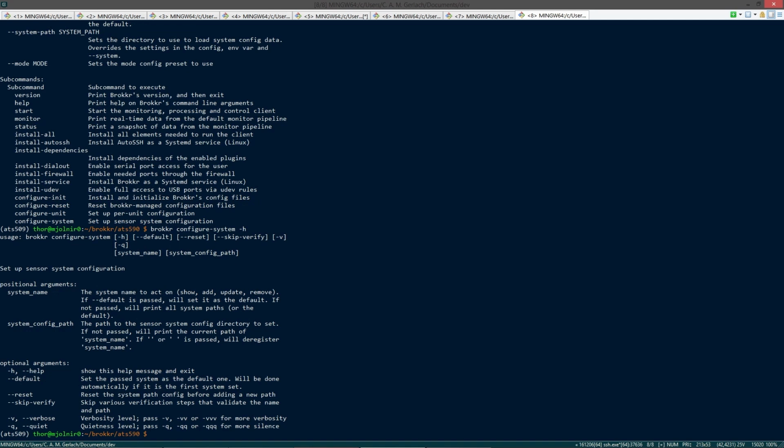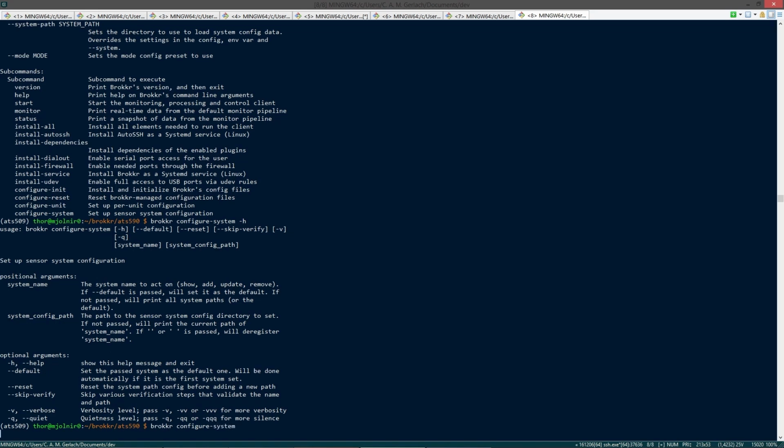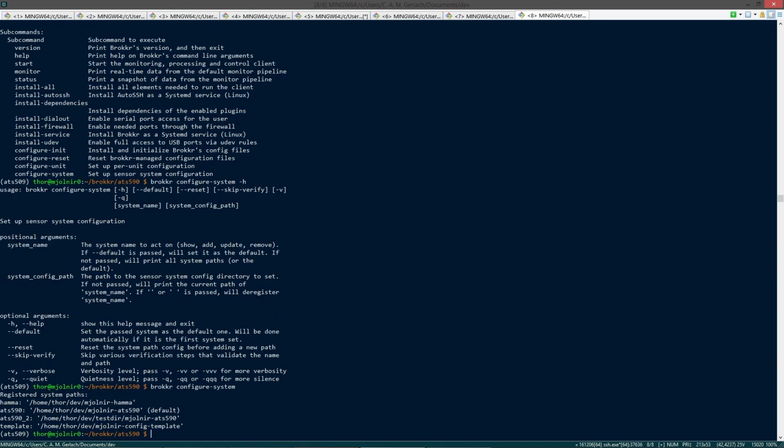So as we see here, if we just want to see what systems we have registered with Brokkr, we can just type Brokkr configure system with no arguments, and it prints a list of the systems registered. We can see we have several there, and ATS 590 is the default. If we want to specify a system explicitly for any Brokkr command, we just type Brokkr -s system, in this case,